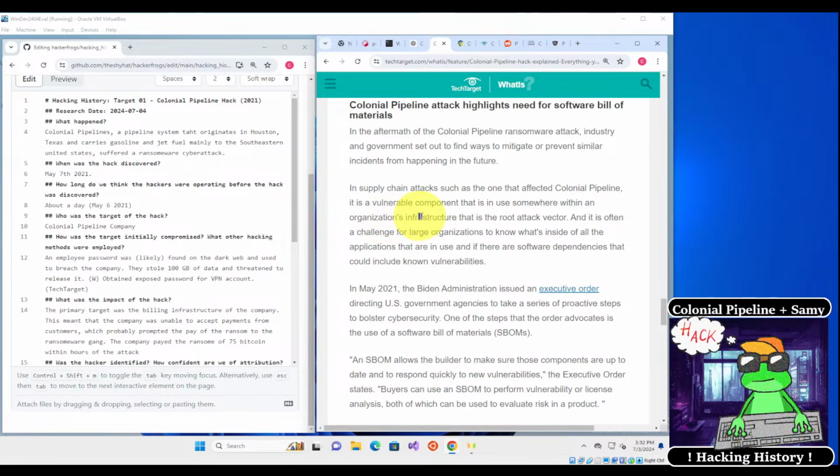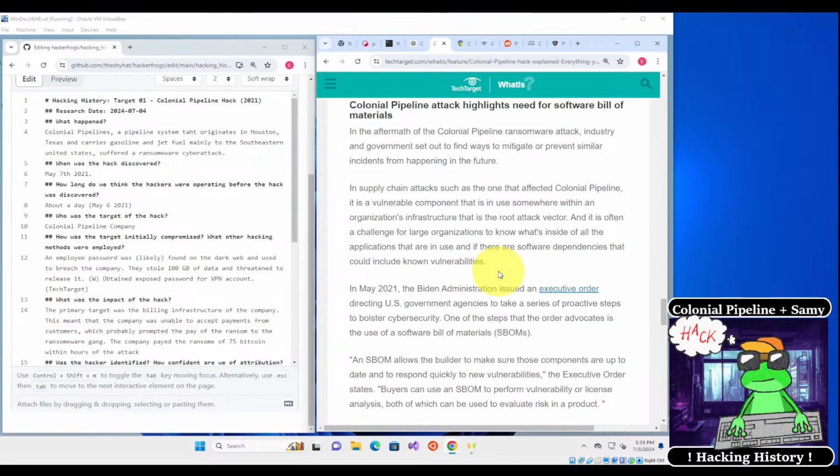In supply chain attacks, such as the one that affected Colonial Pipeline, it is a vulnerable component in use somewhere within an organization's infrastructure that is the root attack vector. It is often a challenge for large organizations to know what's inside all the applications in use, and if there are software dependencies that could include known vulnerabilities. So we've been talking about this a lot in